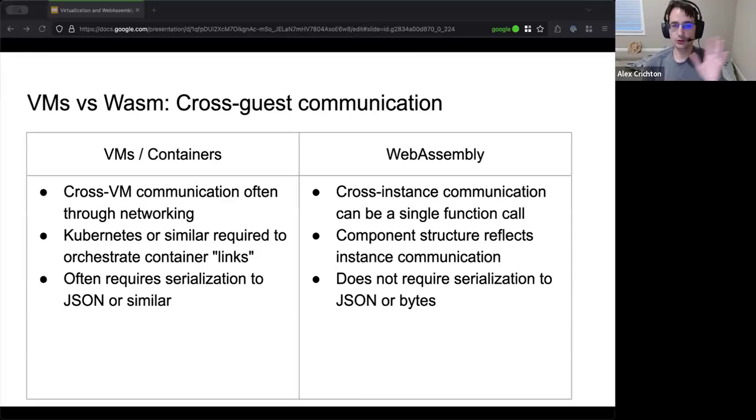But given the structured nature of the component model, it is intended to be far, far faster than it is with virtual machines today. So, for example, if you have two microservices today that are sitting off in a cloud talking to each other, you might be able to instead link those together into one WebAssembly binary and then run those right next to each other for various requests. This very fast startup time enables it all to be linked together. And then you get the speed benefits: whenever you call it, you don't incur a network round trip or anything like that. It's just making a direct function call right there on the CPU.